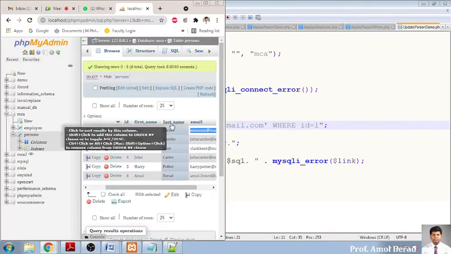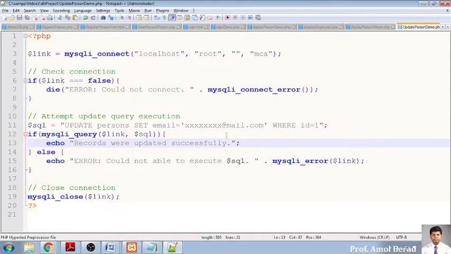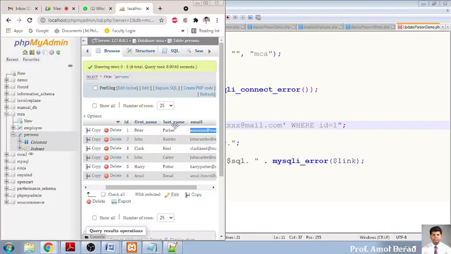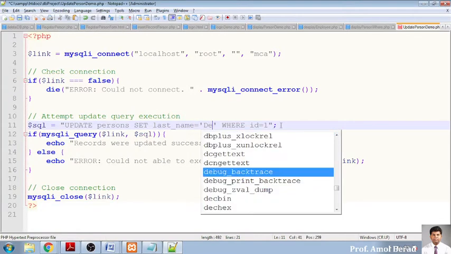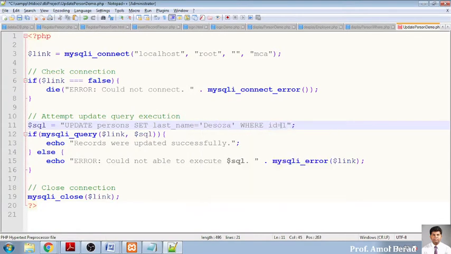So it is last name. Okay, so last underscore name. So what I'll do is set last underscore name. So this field needs to be changed. Instead of Parker, it should be D'Souza. I have just put it on the same ID. So see, we are changing the last name of this field, that is the surname of the person